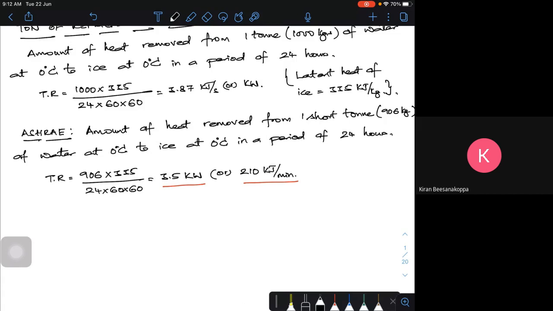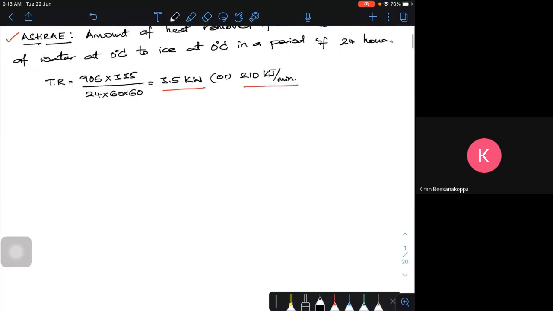Is that clear? So this is how your simple definition of refrigeration and what you mean by tons of refrigeration. This is a unit, and this is how you are going to represent it in kilowatts. So 1 ton of refrigeration means, as per ASHRAE, this. What it was earlier is no more used. So what we are using is only the definition as per ASHRAE. Is that clear? Now let us move to air refrigeration.